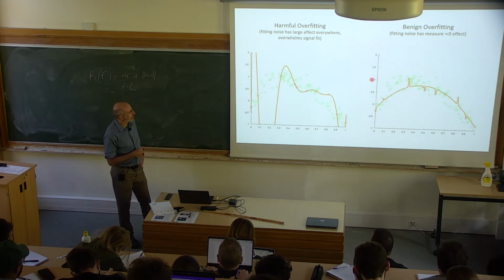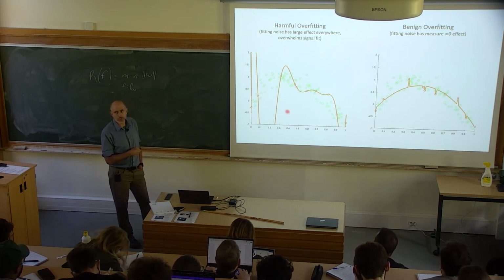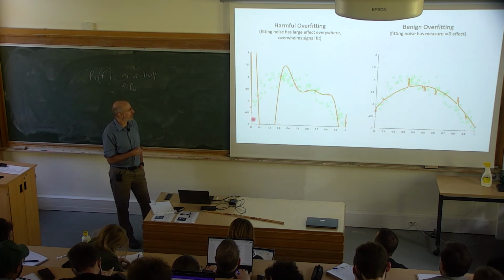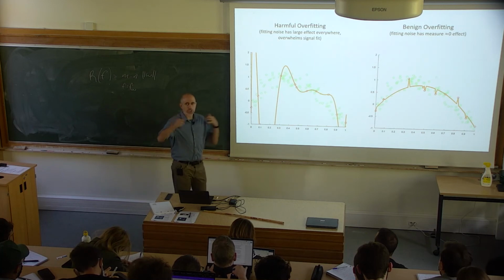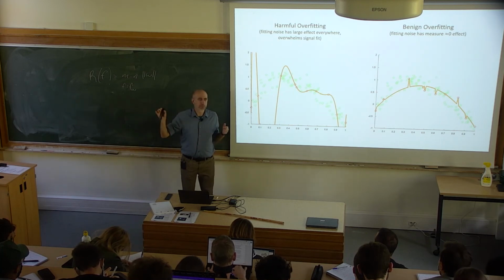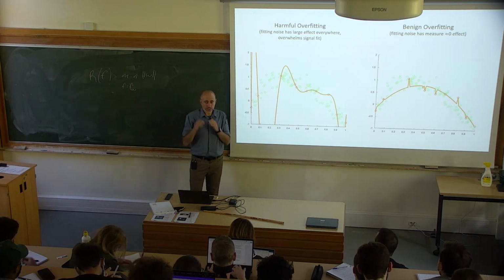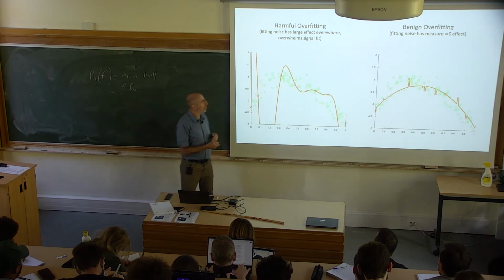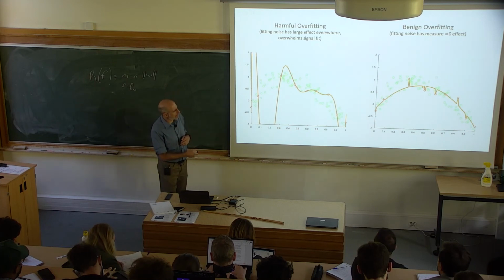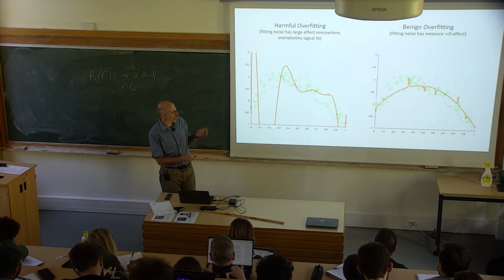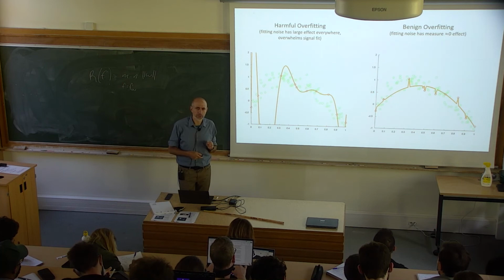So if my complexity measure is degree of polynomial, the overfitting is harmful in the sense that in order to fit the noise, I really have to change the function globally and completely mess up the solution. Whereas in some other situations, the overfitting is benign. What you get is this cartoon. I completely drew this plot. It doesn't actually represent the result of any learning rule,